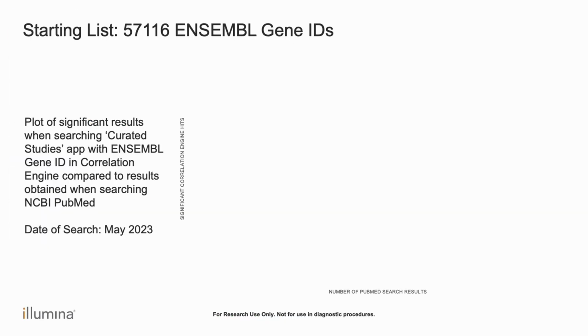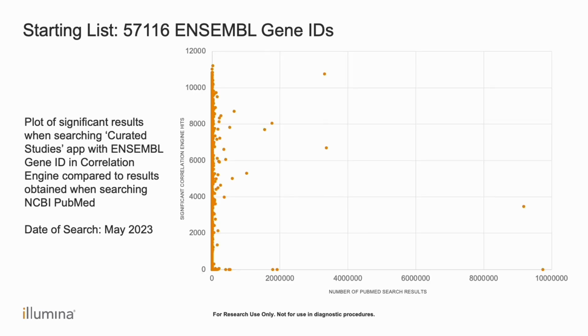Because content is continuously being added to PubMed and Correlation Engine, note that this analysis was performed in May of 2023. We started with 57,116 human Ensembl gene IDs and plotted the number of significant results found in Correlation Engine against the number of PubMed search results. In the initial plot, it's hard to see the full distribution because a few genes score with